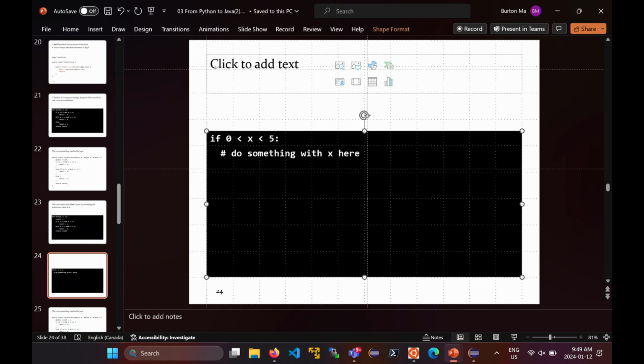Hopefully, you all saw that in your Python course. In Java, you can't do that. So this checks is x greater than 0 and is it less than 5. So you are allowed to chain your conditional operators in Python. So the equivalent code in Java would have to be